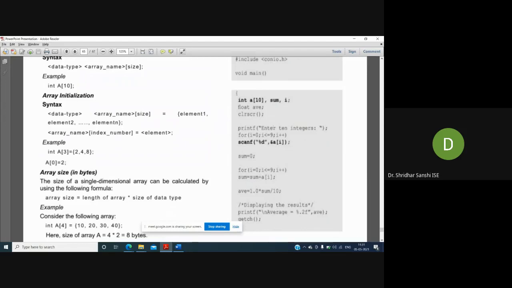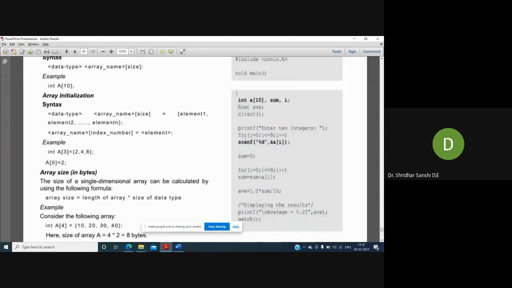What I'm doing is entering data in an array. Which function do we need to use for taking input from the keyboard? In order to read data from the keyboard, we should use scanf. How am I going to read an array? This is how we can read into an array. We can put data into an array by using scanf, and that should be within the for loop.